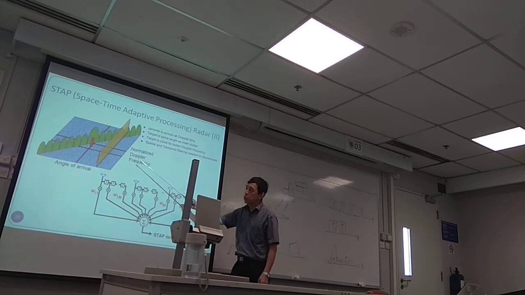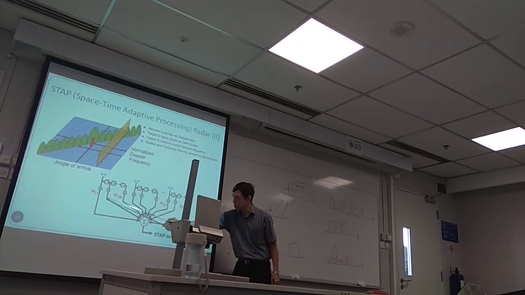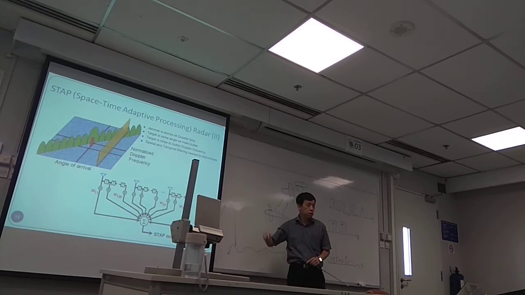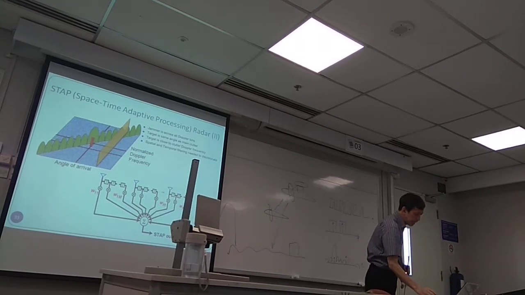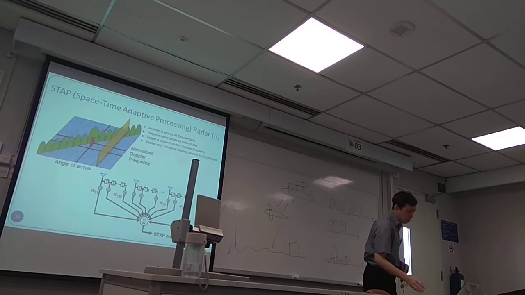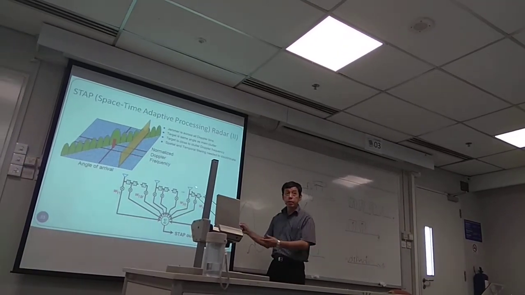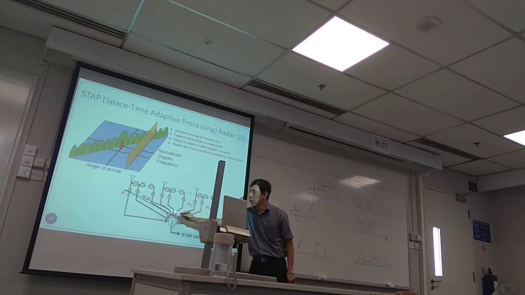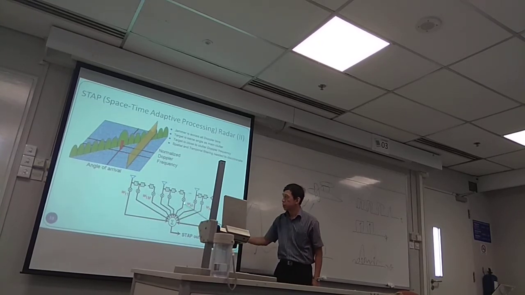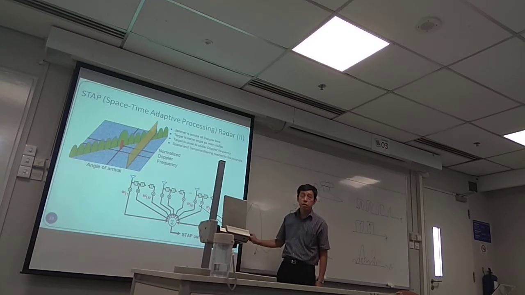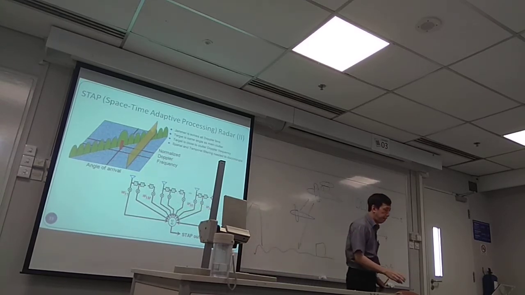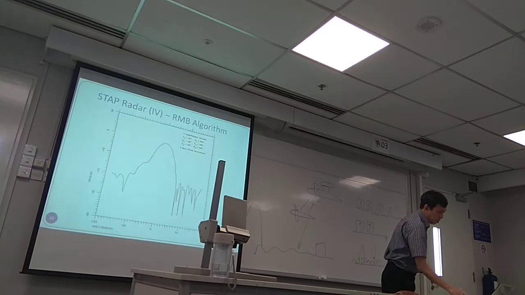So to resolve this problem, we use the STAP processor. And basically, this is the structure that you saw earlier on. So the plot here is basically the same as what we had earlier on. Antenna, and then you have an FIR filter, antenna, FIR filter, antenna, FIR filter. Alright? So multiple antennas and multiple taps. Okay,